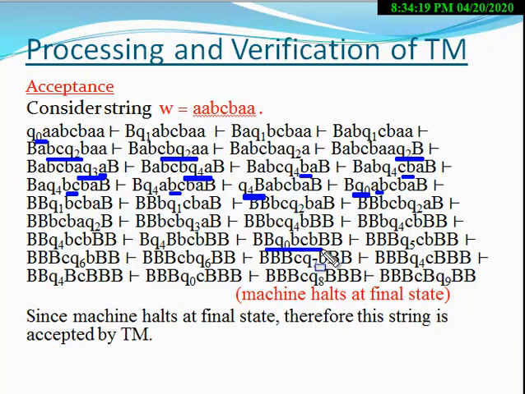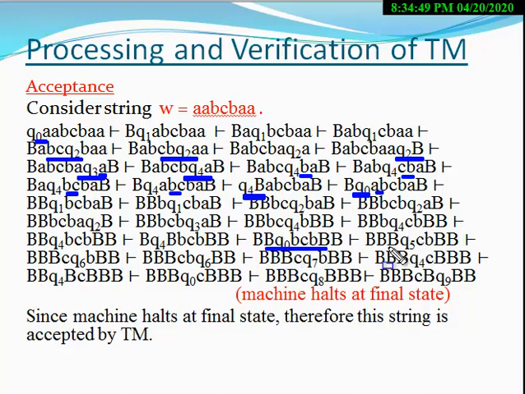The next ID will be this, right? So here we skip all these IDs, so this will be the complete one cycle. So in this situation, at the state Q0, as soon as the tape symbol B appears, the machine goes to Q5 state, right? Because this is the second combination, when at the state Q0 the tape symbol B appears, the machine moves to the state Q5.